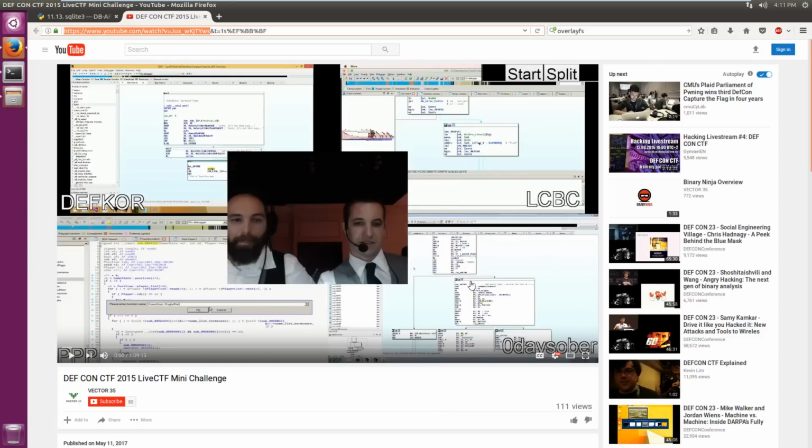You can see these are 4 different people, all of which are, well, I haven't watched all of it yet, so I don't know what the order is for when they landed, but all of the teams doing this are very good at solving pwnables, and they all have completely different approaches. So you see PPP is over here with Hex-Rays up, and they're renaming things. DEFCORE is looking at,